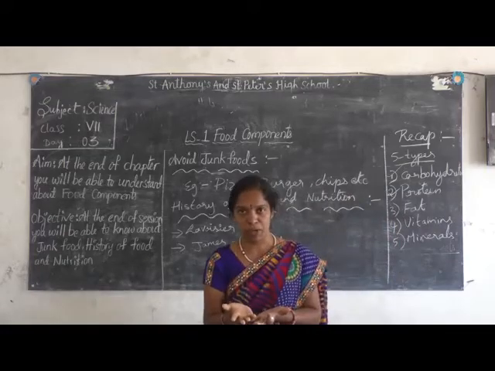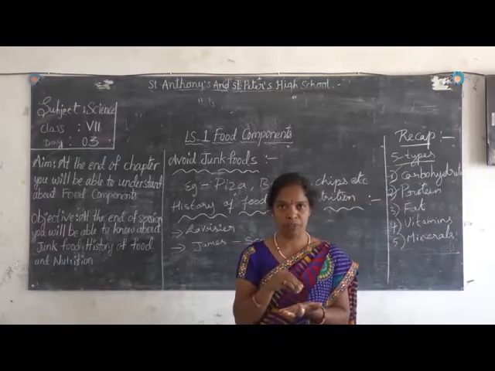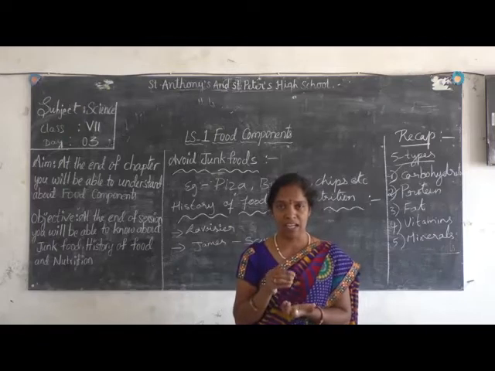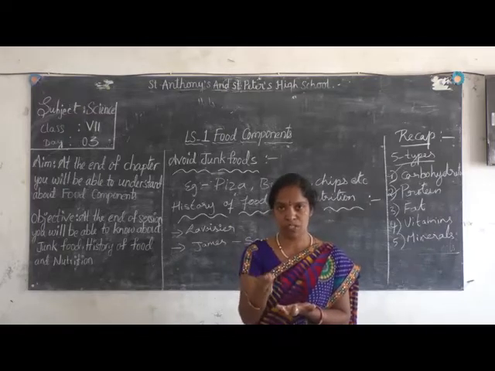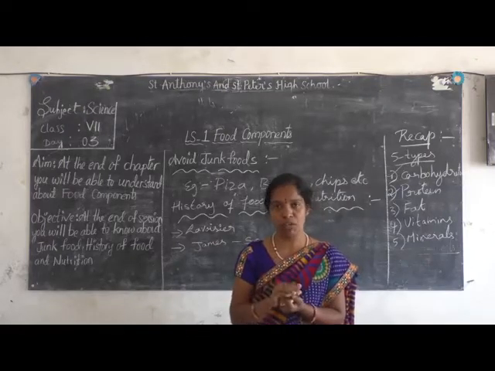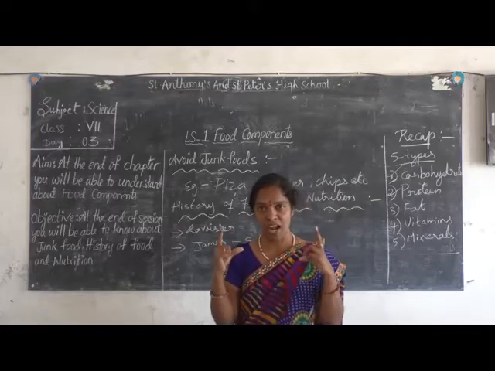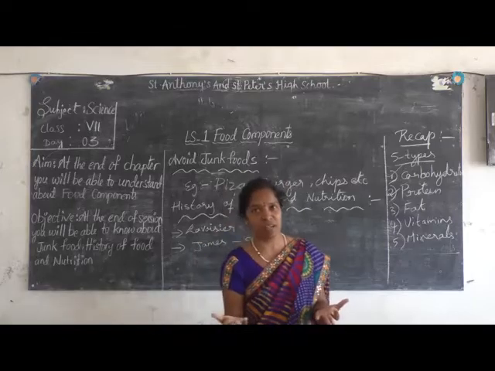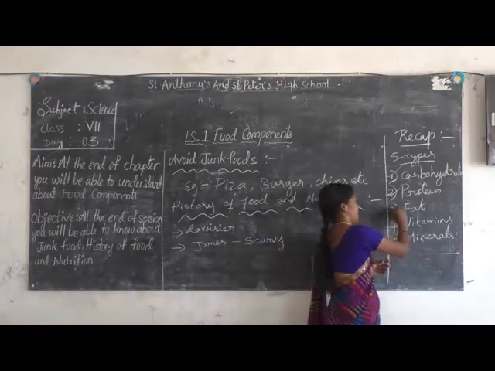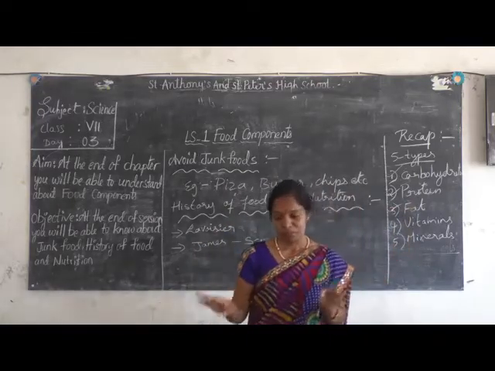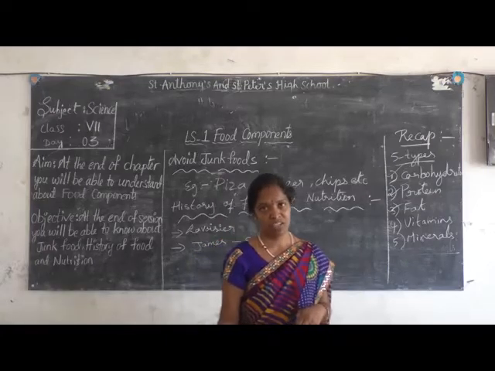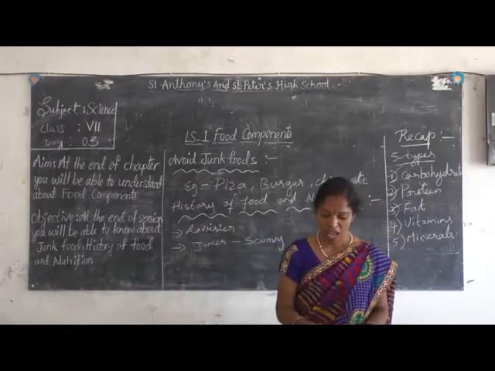Next comes to the point of fat. Take a white paper and a groundnut or a badam or a kaju, anything, and grind it well. Take a food sample, place it in a paper and fold it and grind it. And open the paper. If you see it translucent, then it indicates the presence of fat. Okay. Now we completed only these 3 tests. Now comes to the point of the next topic.